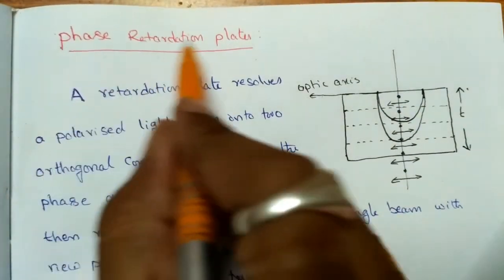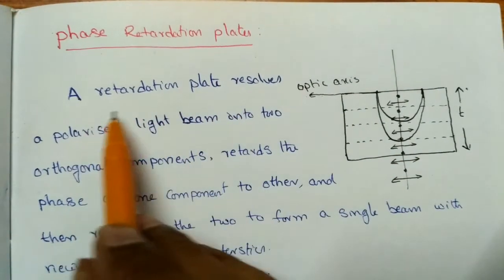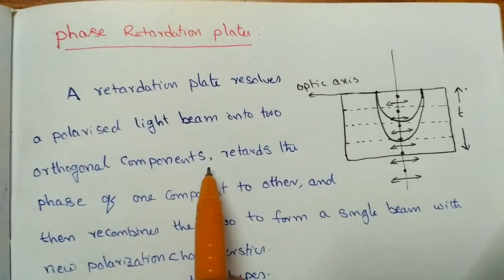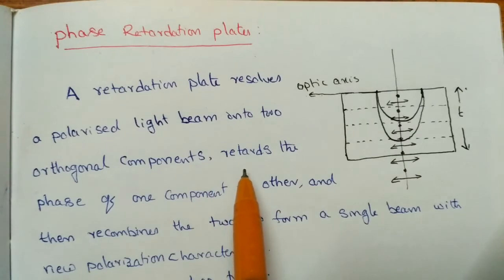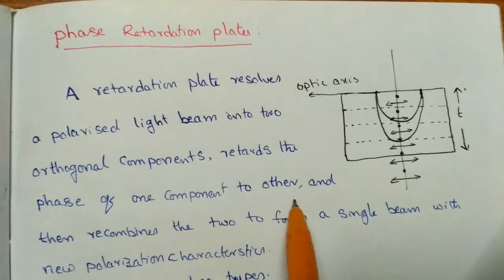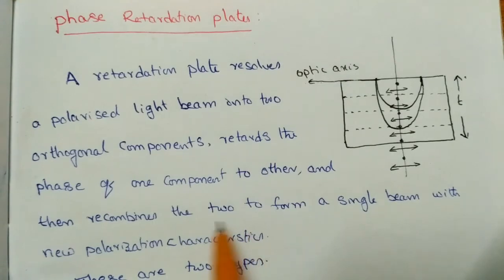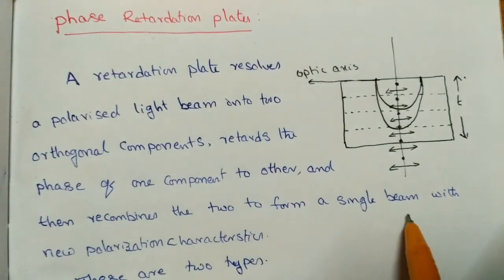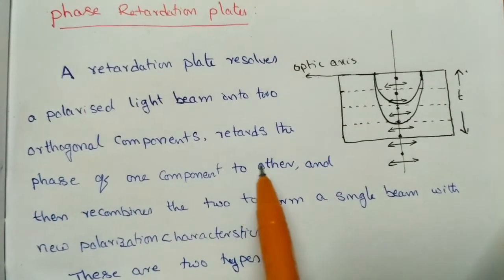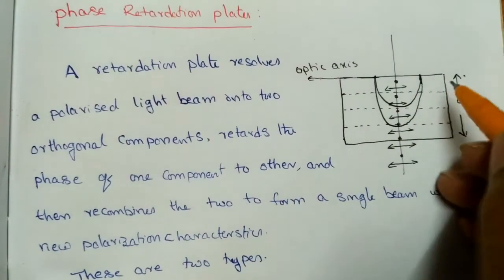Today my topic is phase retardation plates. Generally, a retardation plate resolves a polarized light beam into two orthogonal components, retards the phase of one component relative to the other, and then recombines the two to form a single beam with new polarization characteristics. That means when a polarized light is incident on a particular crystal, suppose this is a calcite